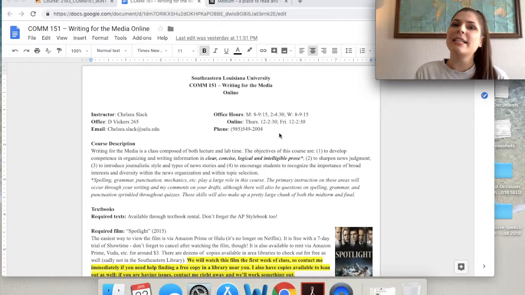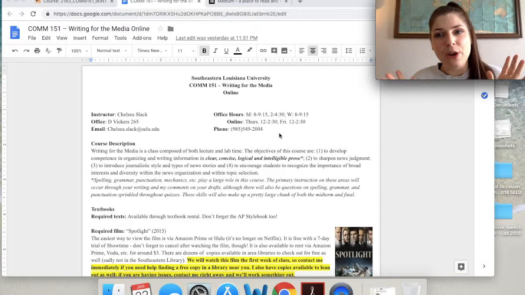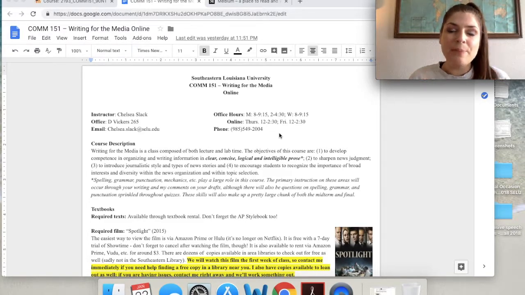And if you haven't yet started thinking of yourself as a writer, I said this earlier, go ahead, start thinking of yourself as a writer, start thinking about yourself as a journalist. Although here lately we've gotten a bad rap, which is totally unfair, being a journalist is actually one of the most noble professions, one of the greatest things that you can go into, and it's also a role that is vital to our democracy. When we watch the 2 films, Spotlight and All the President's Men, you will get to really see and understand the value of journalism in especially American